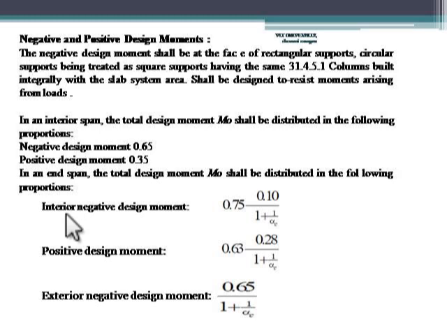Interior negative design moment is taken as 0.75 minus 0.10 divided by (1 plus 1 by alpha c), where alpha c is the ratio of flexural stiffness of the exterior column to the flexural stiffness of the slab at the joint taken in the direction moment is being determined, and that we will find as alpha c is equal to summation of Kc by Ks,